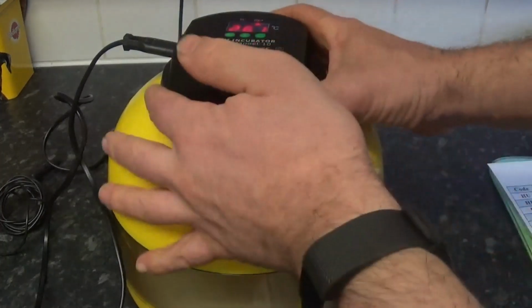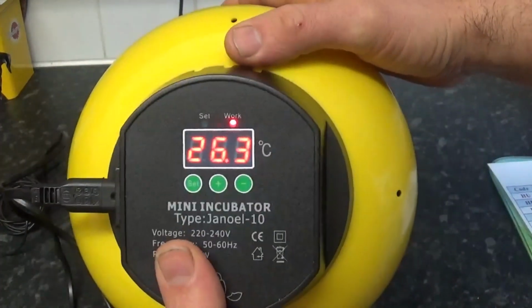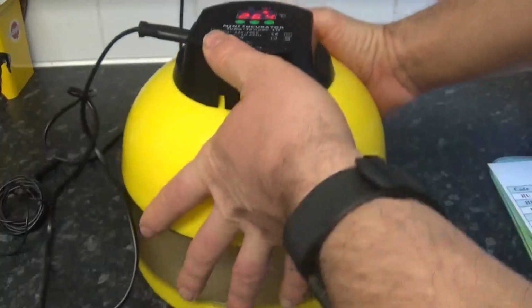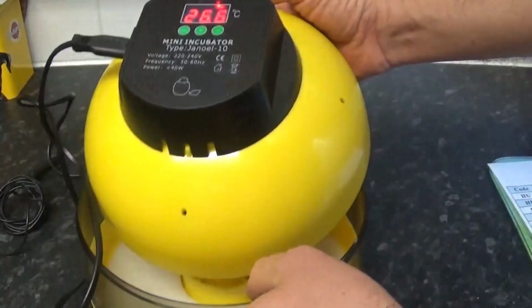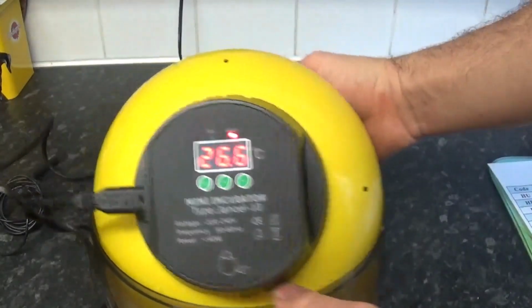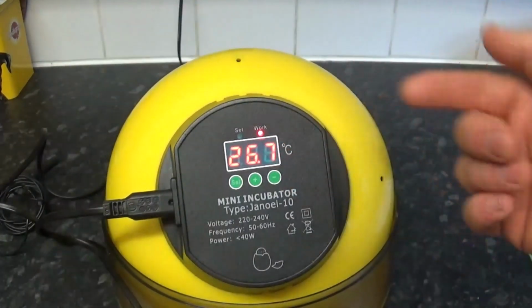Okay, so we'll take a look at the settings for it now. We've got it switched on. You can see it's warming up. Actually, I don't need to hold it like that. So can we get it to sit there? There we go. So you can see that the work light has come on, and that means that it's working,